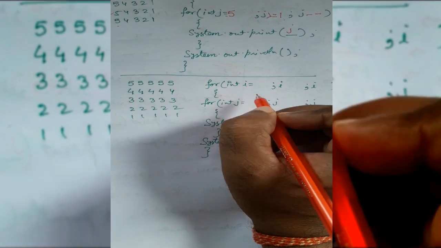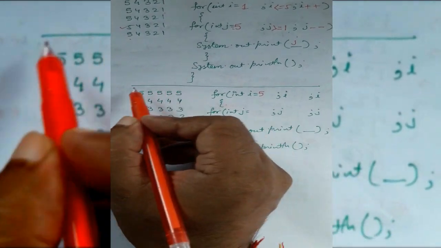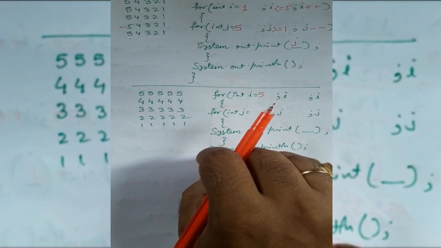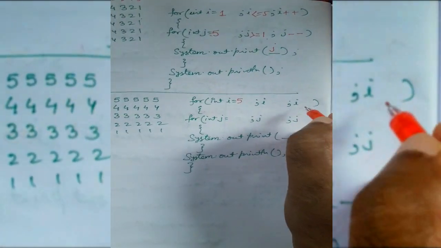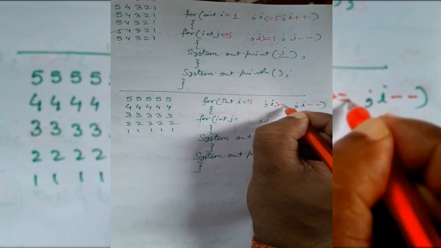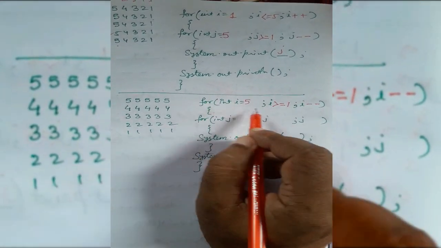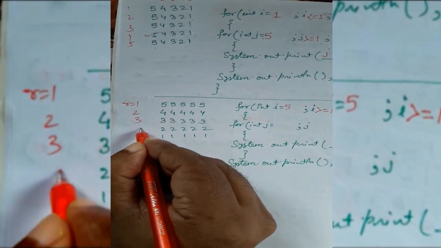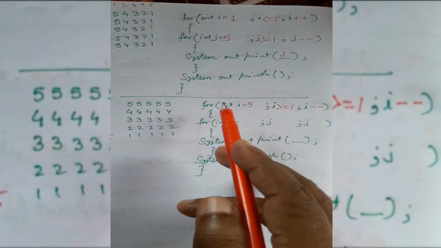Here we will not start from 1, here we will start from 5, because here we are getting the number value 5 first, then 4, then 3, then 2, then 1. Okay, so we will write here 5. Then because it is in decreasing order, definitely it will be minus minus, and greater than or equal to 1. Same thing will come, it will start from 5 up to 1. How many times? 5 times. The number of rows we are getting is 5: 1 2 3 4 5. So 5 times the outer loop is executing, that is for row.